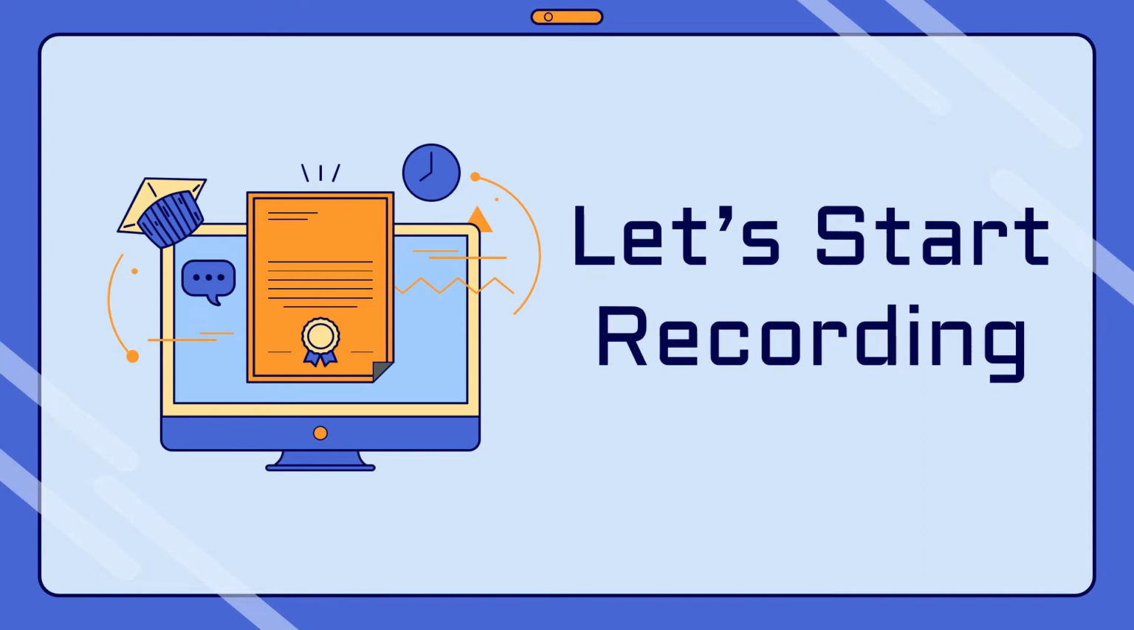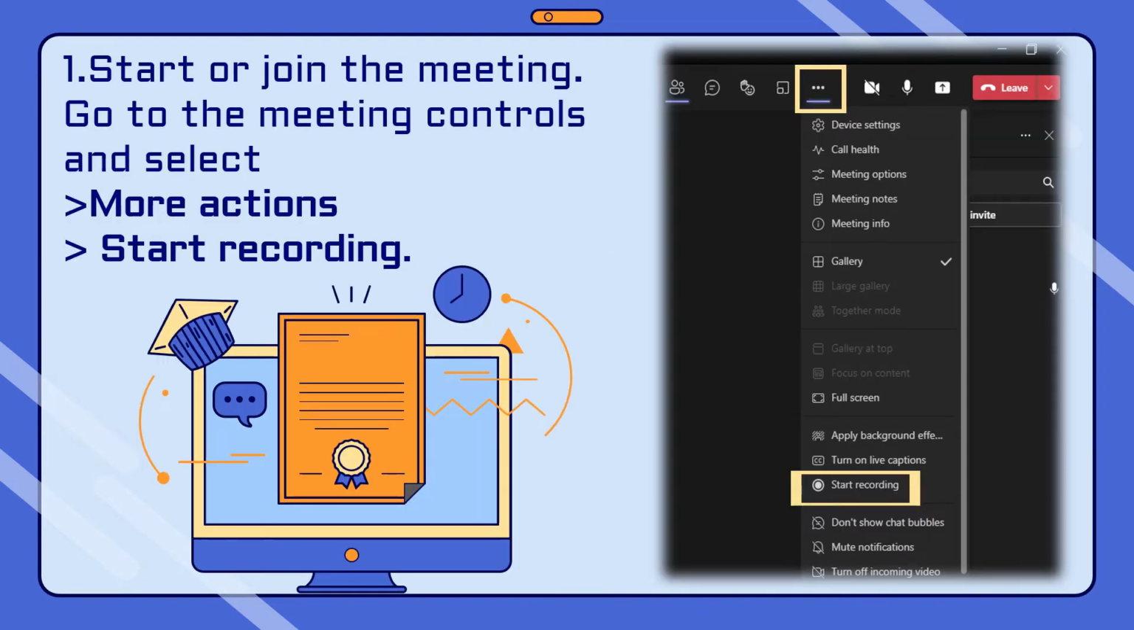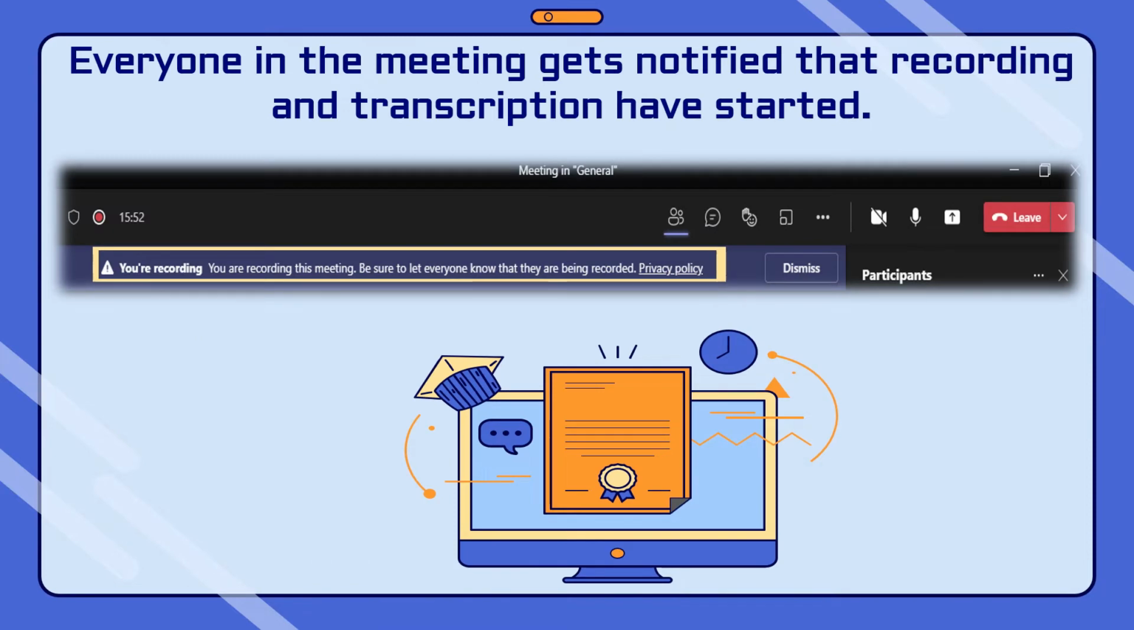So I will be showing you screenshots on how to navigate the recording process. Now, to start with, of course, you have to start or join the meeting. Once you have joined, go to the 3 dots. Okay, so we can see here 3 dots. Once you click it, you have to look for the start recording, and then it will prompt you that